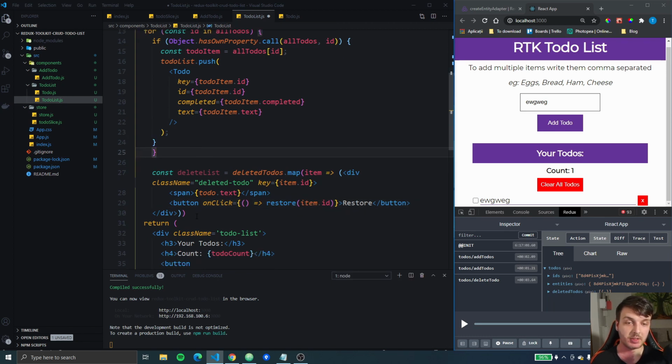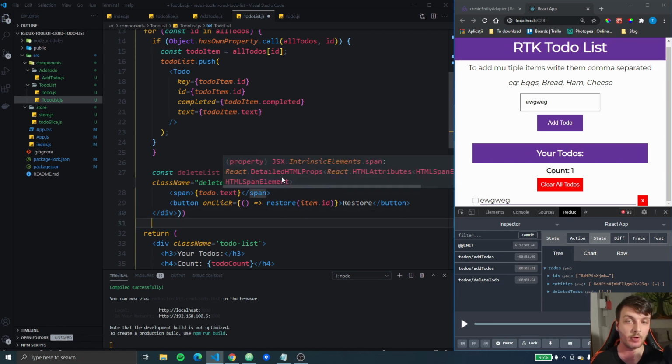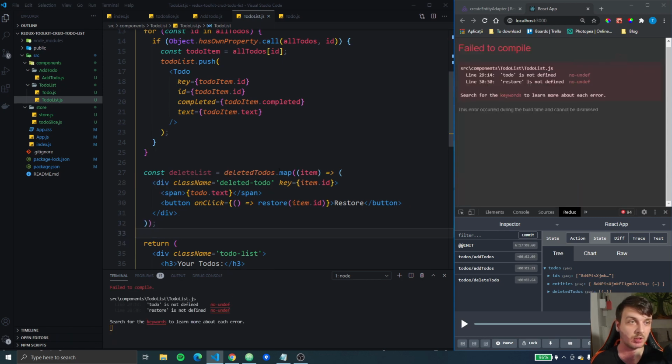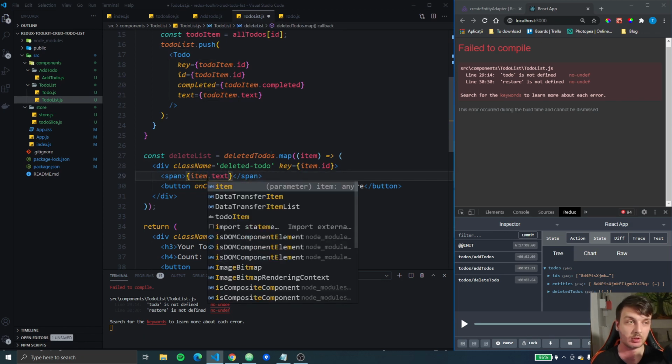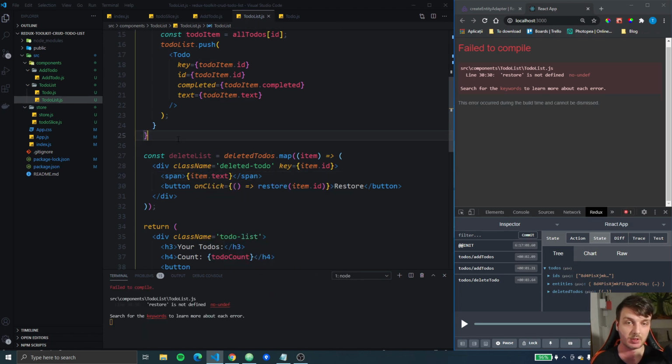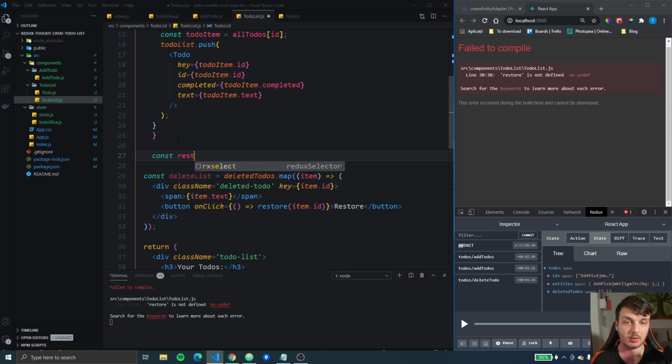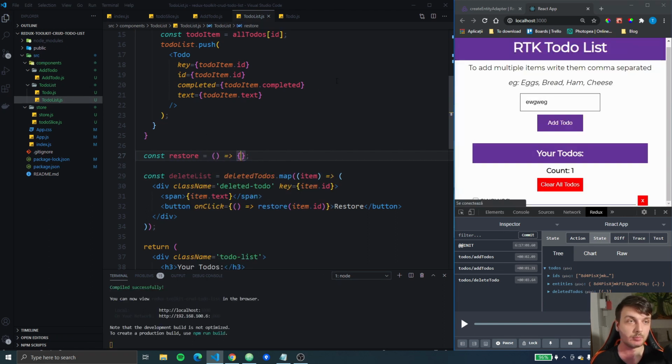Okay, so this restore function is gonna be the one that's gonna be responsible for restoring the item to our current to-dos. Okay, it's item.text right here, and restore is not created, so let's create it empty for the moment so it doesn't throw